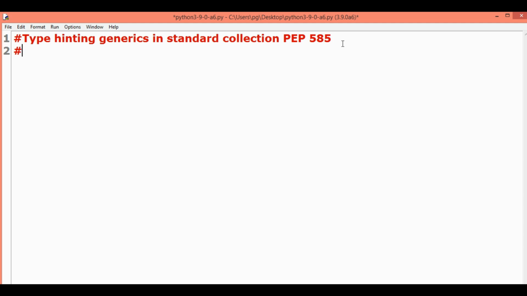There's flexible function and variable annotations as per PEP 593.